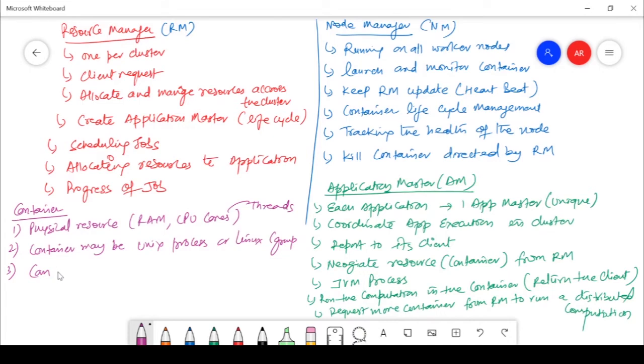We can have multiple containers even in a single node. Why? In a single node, it is possible that you are executing 5 applications. That means there will be 5 application masters, and 5 application masters need 5 containers. So we can have multiple containers in a single node.